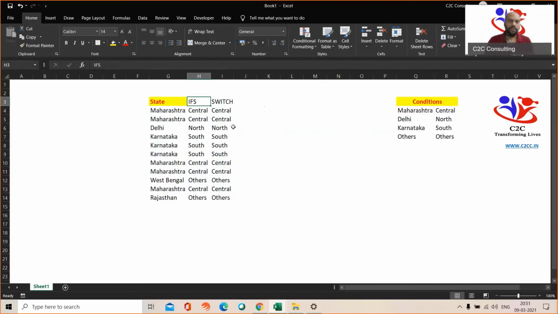This is a better way because for all of you who come from a coding background, I'm pretty sure you will be aware that instead of writing too many if conditions, putting parentheses, putting is equal to's, this is a better way of doing it. You can reduce the code, and you might also miss out less, which reduces the chance of error if you are using IFS. Much better is using SWITCH because there is not even a condition like is equal to that we were doing here. So this is IFS and SWITCH, an alternative for multiple nested if conditions.